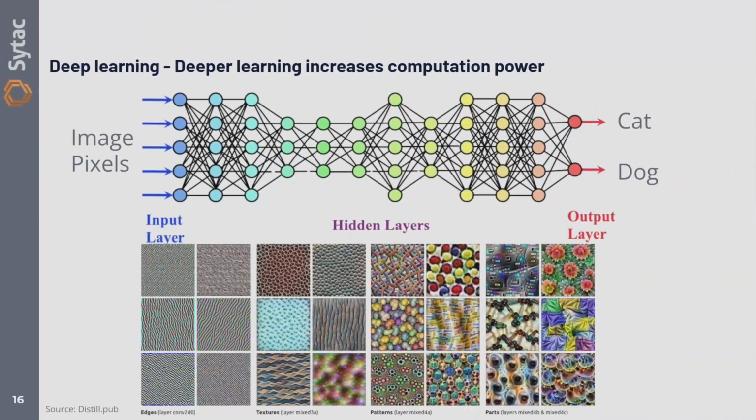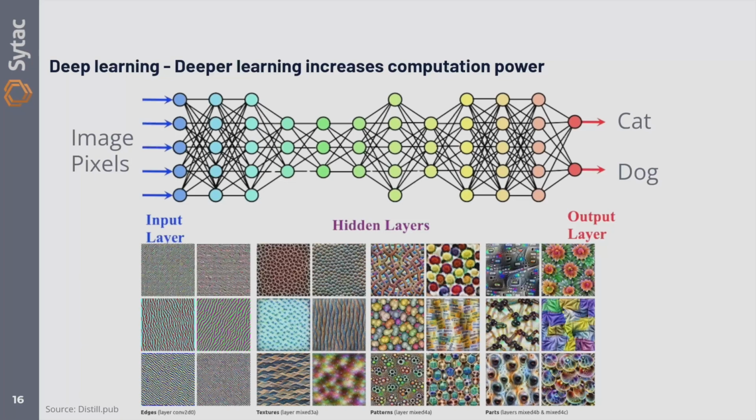The next one starts to detect object parts, so it can detect flowers. I don't recognize any of this, but it looks a lot more complex. But yes, it builds on top of each other, right?